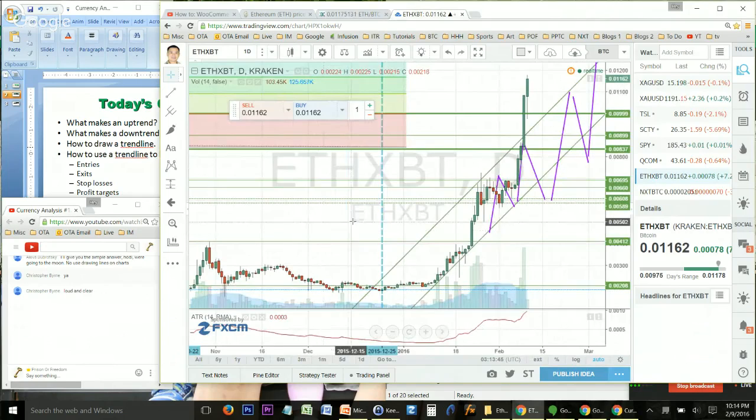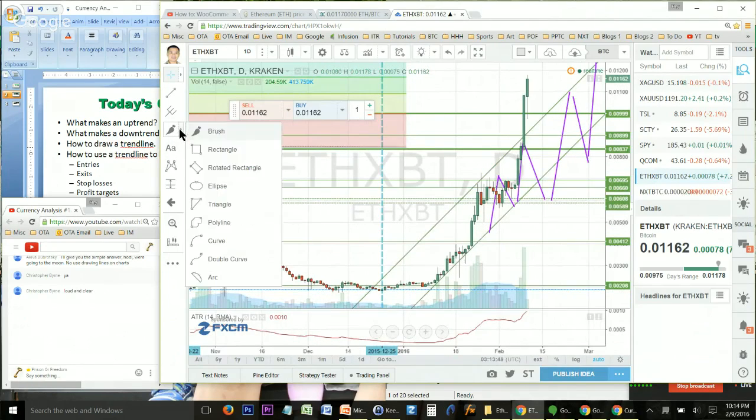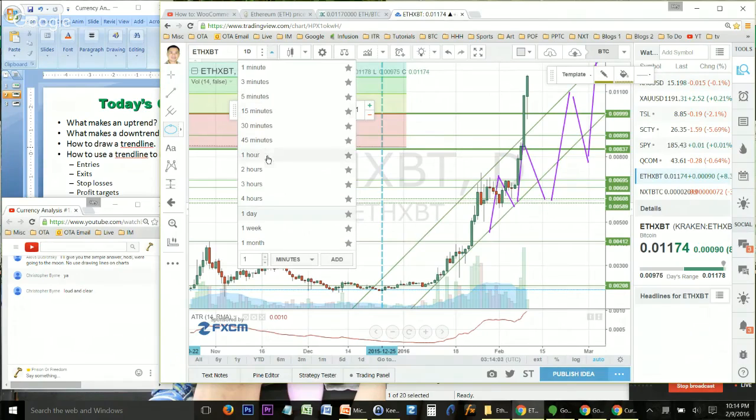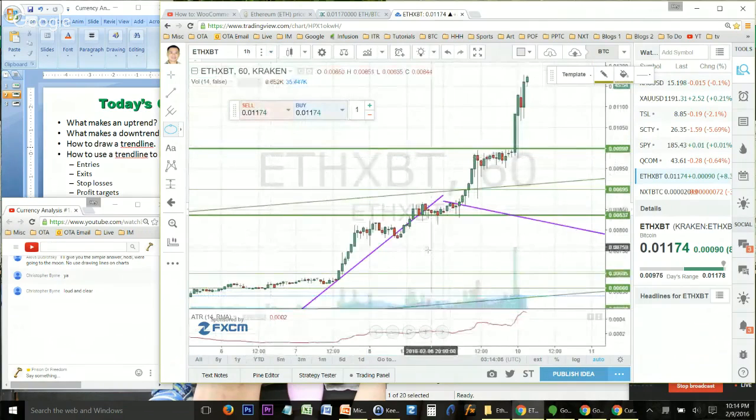What makes an uptrend, guys? What makes an uptrend is when you have a higher low. Every time the price goes up like this, guys, and it comes back down, and it comes up, comes back down, and comes up, every time it sets a higher low, that lets you know that the trend is up. Let me change this. Okay, so if you guys notice here,